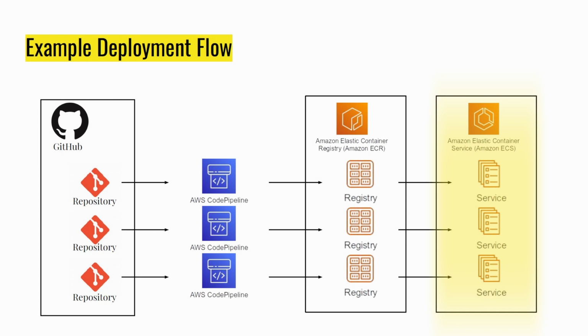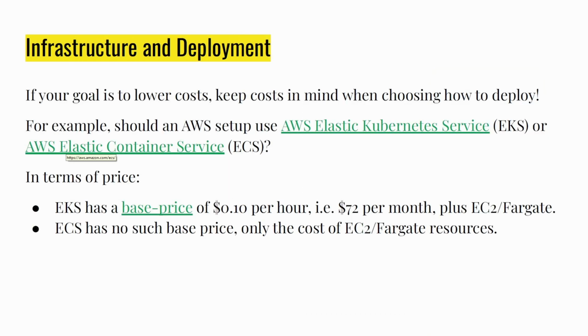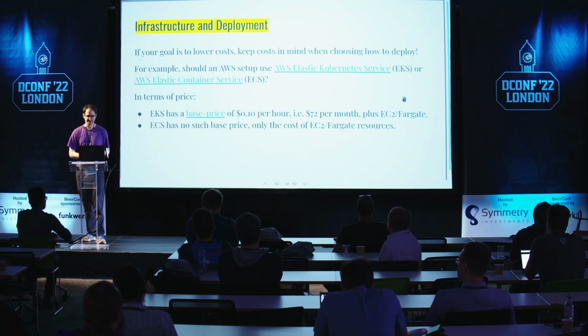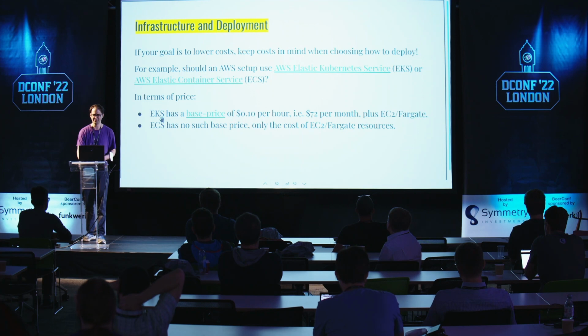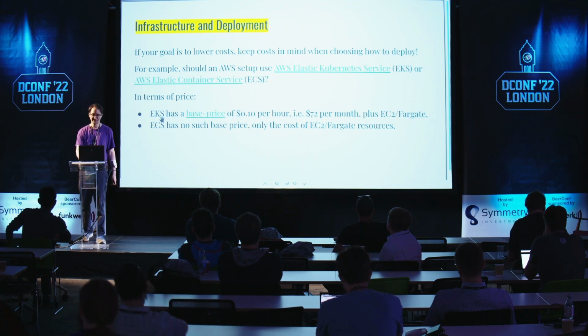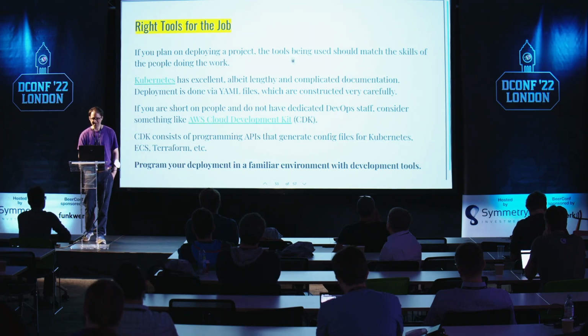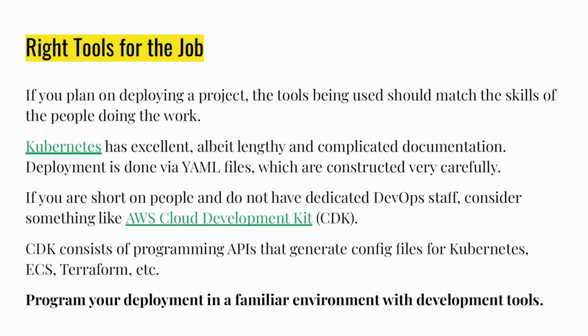I happen to be using this system called Amazon ECS, or Elastic Container Service. Now there's choices. A lot of people run on Kubernetes. Some people use AWS ECS, and some people use Azure. There's a bunch of systems out there. I want to talk about this one in particular because you always have to think about pricing. One of the advantages of this system is that there's no base price. If you're not running containers, you don't pay anything. If you're running on Amazon's managed Kubernetes service, there's a base cost of roughly $72 a month. So especially for small companies, this makes a big difference, because maybe $72 you don't have. The idea is basically use the right tool for the right job. If you have a dedicated DevOps team that can manage a big complex Kubernetes configuration, great.